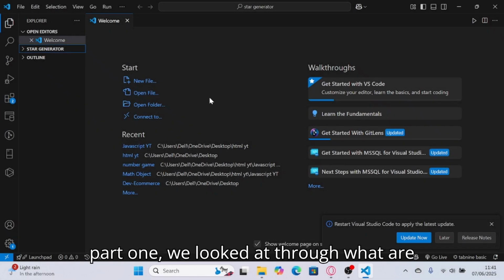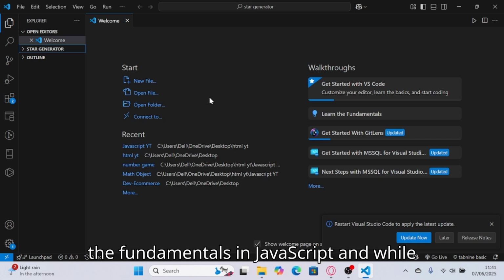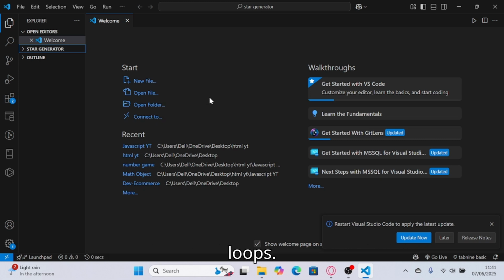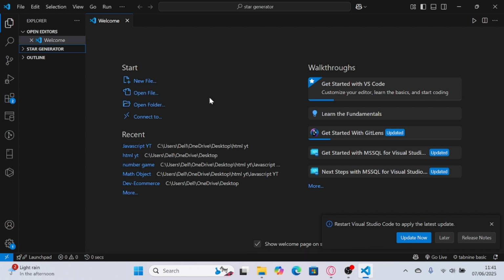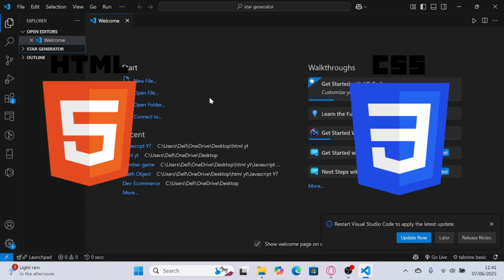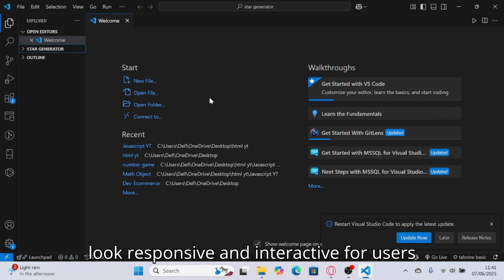In part 1, we looked at the fundamentals in JavaScript and the while loop. We were creating a project using JavaScript, a number game. So that's the name of our project. But in today's video, we'll create a project built with a twist. The twist is using HTML and CSS to style and structure the web page to look responsive and interactive